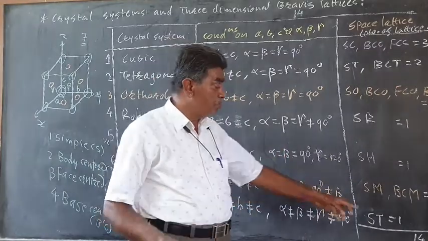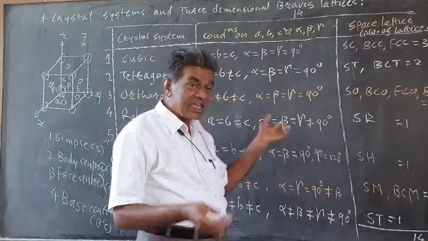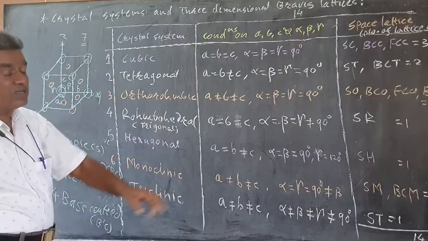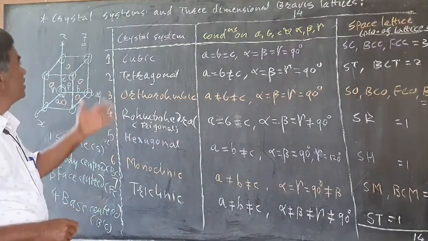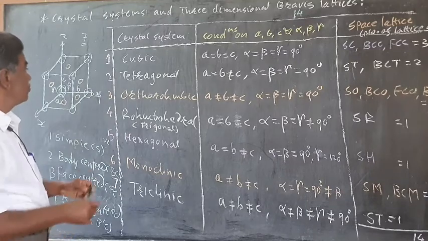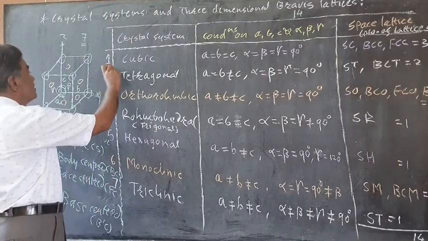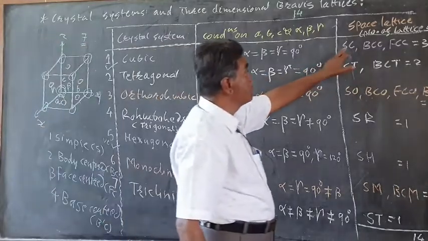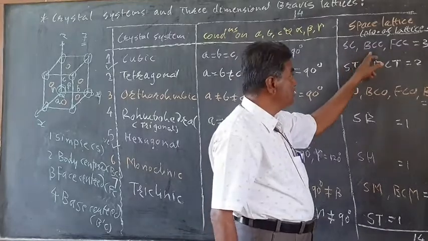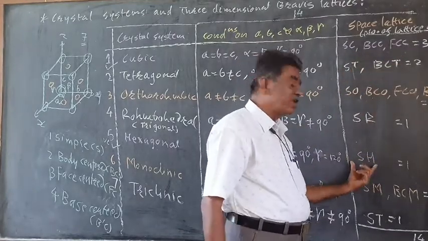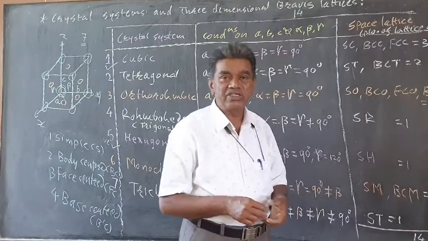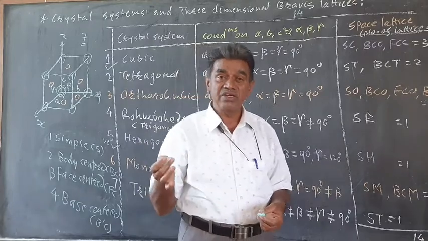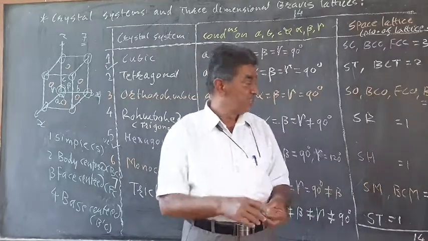So there are the 14 Bravais lattices, and these lattices belong to the 7 crystal systems. So there are 7 crystal systems and 14 Bravais lattices, and they are shown in this figure. Here we will see in detail the cubic system and the hexagonal system. That is the simple cubic structure, BCC, FCC, and the simple hexagonal structure. In the next few lectures, we will see these simple structures: simple cubic, body centered cubic, face centered cubic, and the hexagonal close packed structure, HCP.